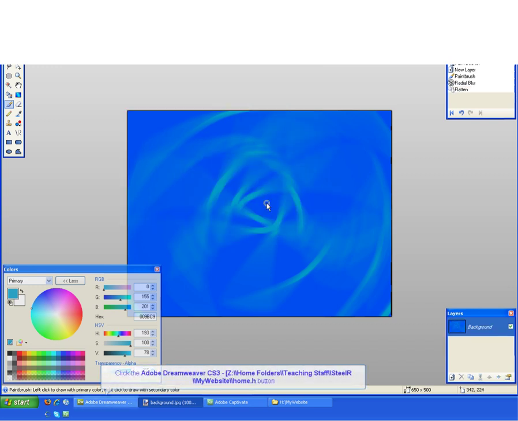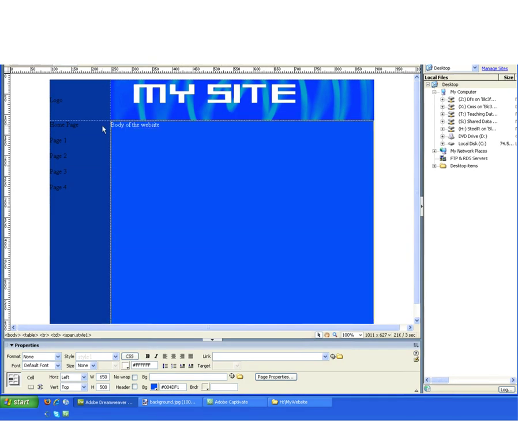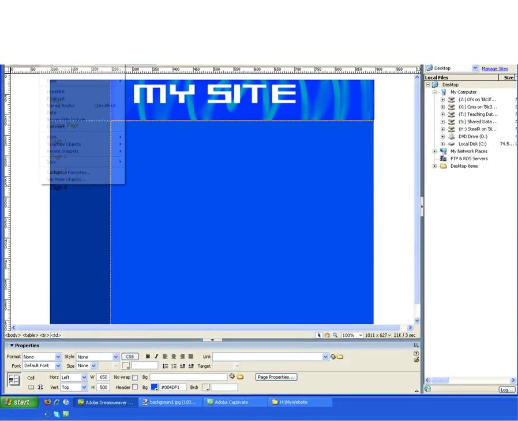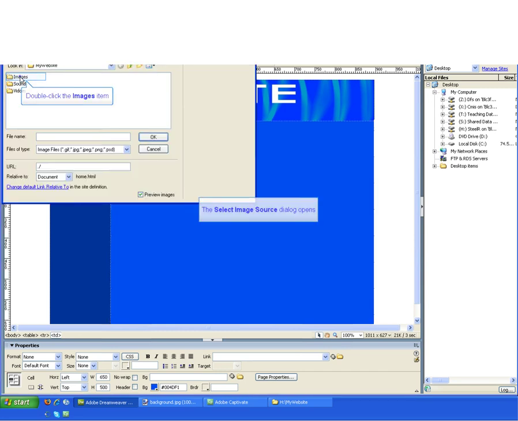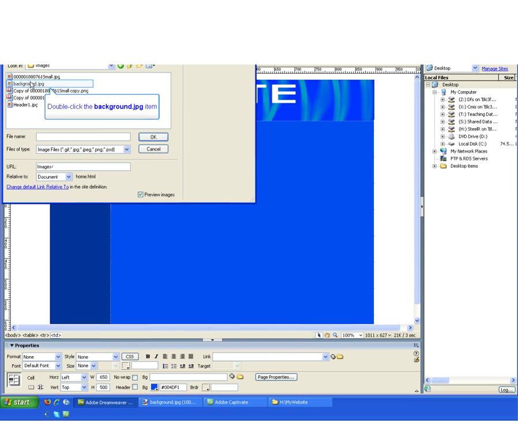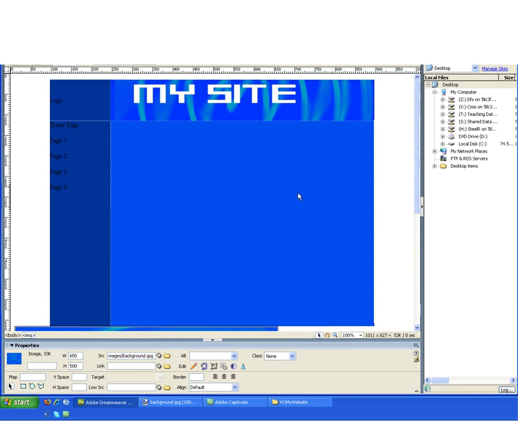What I should have done, if I want to write over the top of it, is press this button down here, which is the background folder, and then find my background image. There it is. Press OK. It kind of looks the same, but notice I can now type or put other images over the top. A very useful technique to make your website look good, but being able